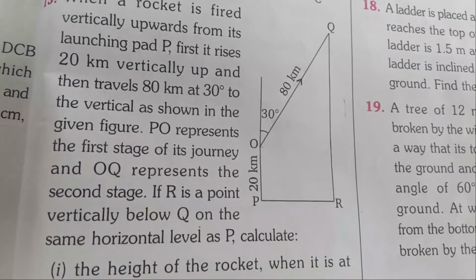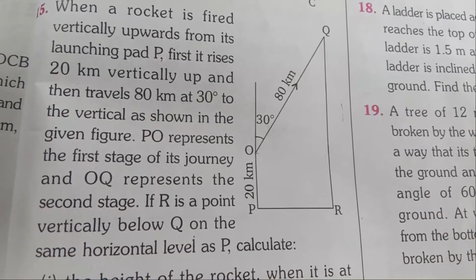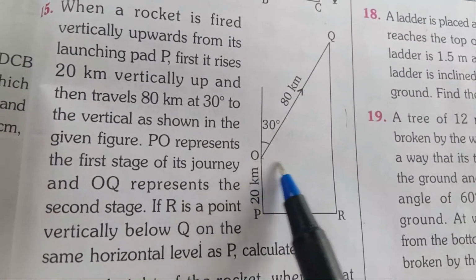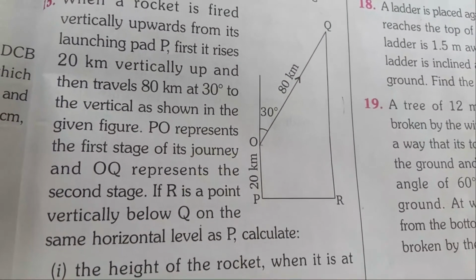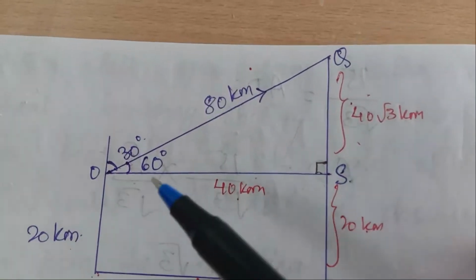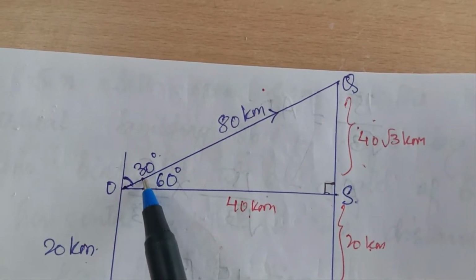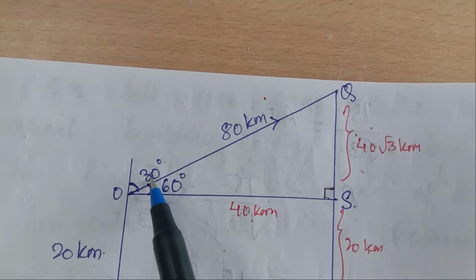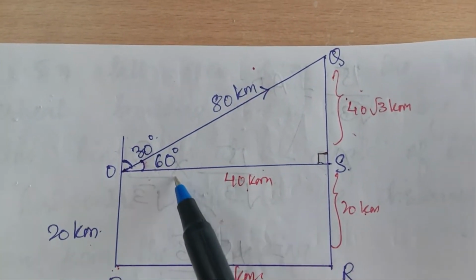Okay, this diagram is incomplete, as we know that trigonometry deals with only right angle triangles. So for that here we will make one line. Then one right angle triangle will form, then we will solve the question. So you have to draw a line here. Then this side is 30 degree. We have to find the angle inside. You know this is 90 degree. This angle is 90, so outside it is 30 degree, so inside the triangle the angle will be 60 degree.